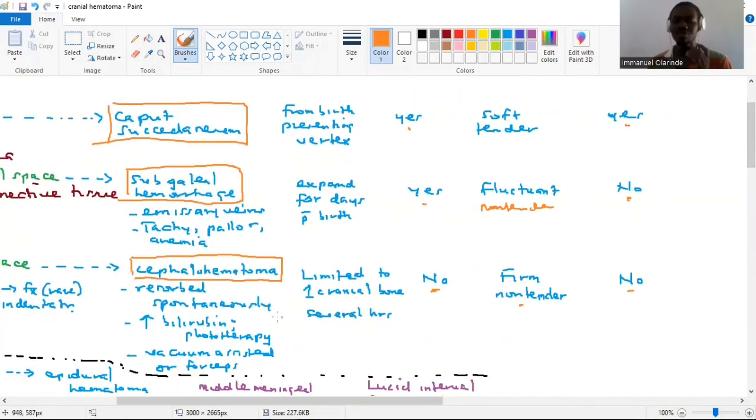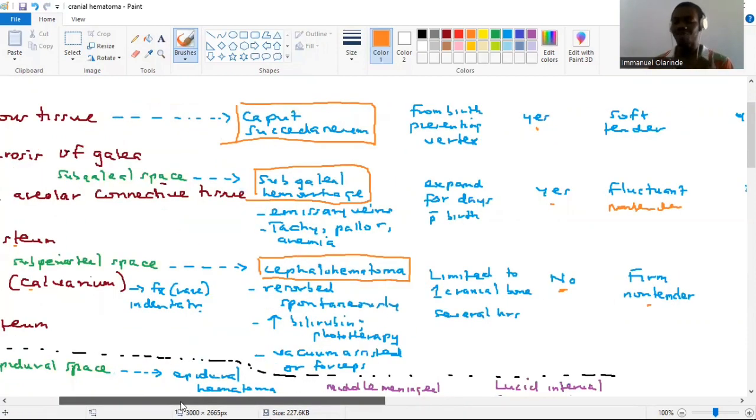The risk factors of cephalohematoma will be like vacuum assisted, right, or forceps assisted delivery. So if the delivery of the baby was assisted by using like a vacuum suction or forceps to get the baby out, that can lead to trauma to some of the vessels there and lead to cephalohematoma. The concern with cephalohematoma is hyperbilirubinemia